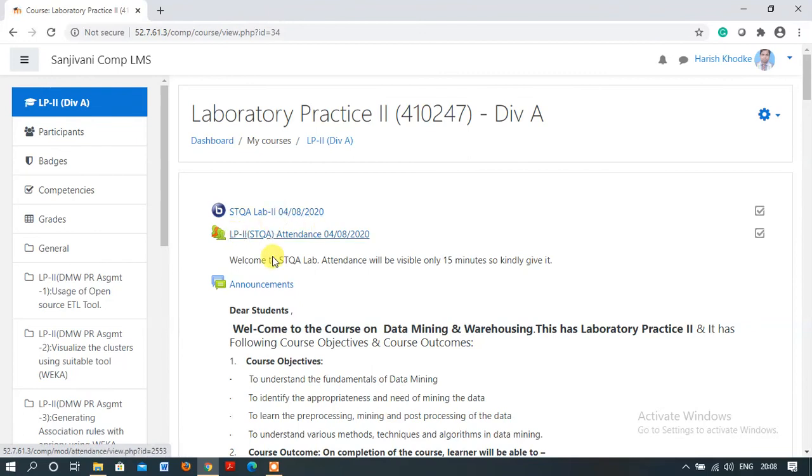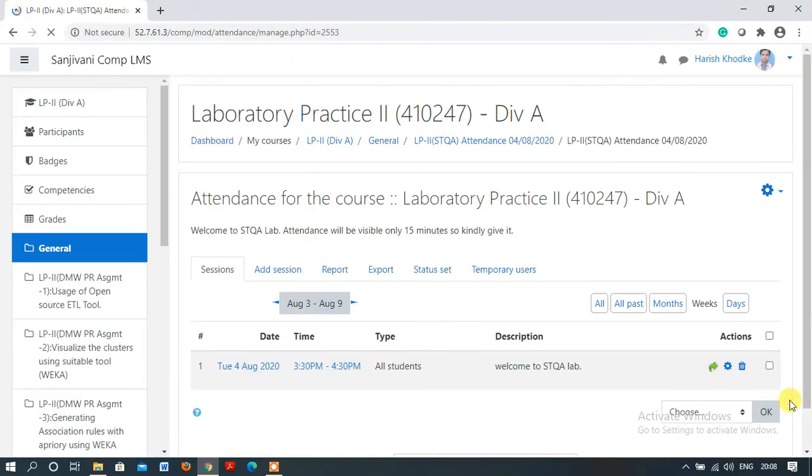You can see I easily drag and drop all my content in the announcement. So you can view how to see the attendance also. Just click on this. Here there is one arrow, just click on the arrow. You can view how many students were present.